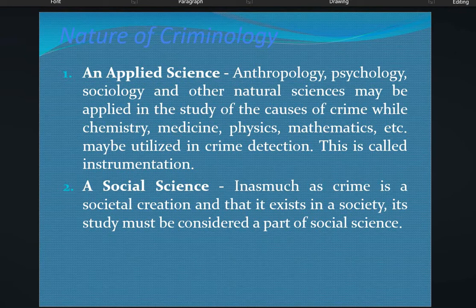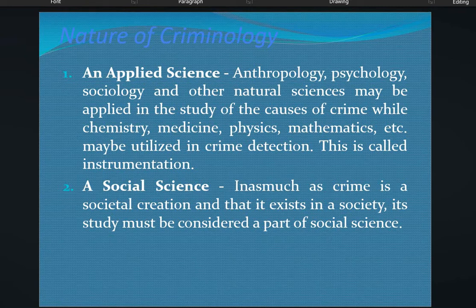Ginagamit natin siya, or ginagawa siya ng examination sa laboratory to identify if that is really a stain, or baka naman ketchup lang yan. Okay? So, yun yung time or yun yung panahon kung bakit siya nagiging science. So, criminology is not a pure science, but there are instances na nagkakaroon ng touch ng science because of this